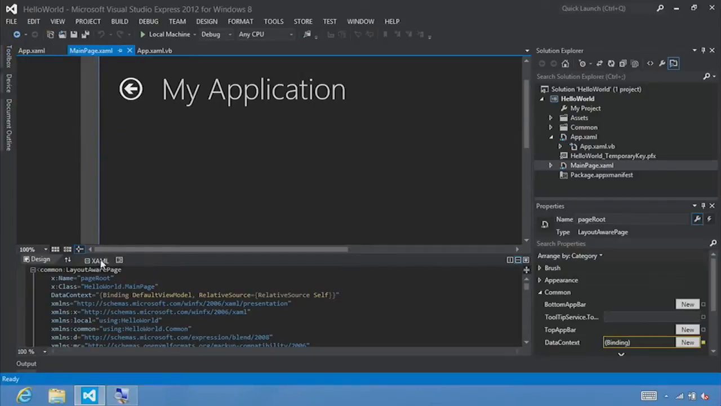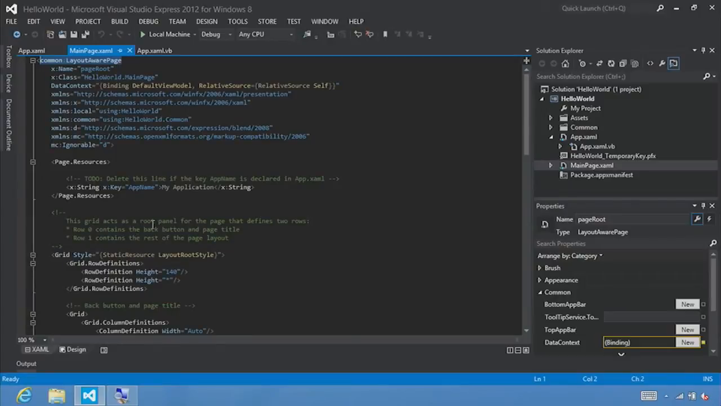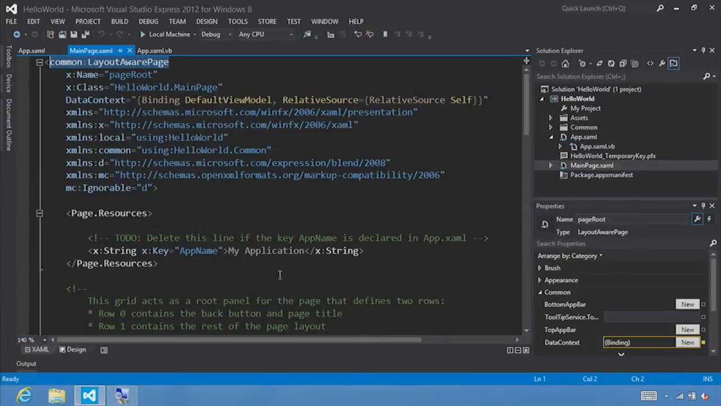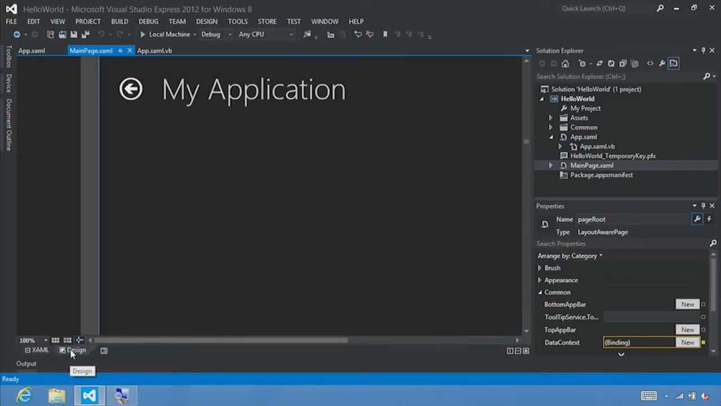Now double click on the XAML button here to open the XAML in full screen mode, and let's just set our zoom to 140%. And the first thing you'll notice is that our main page XAML is a layout aware page. This class extends the base page class and provides methods for navigation, state management, and view management. And switching back to the design view, you'll notice that it also includes some built-in controls like a back button